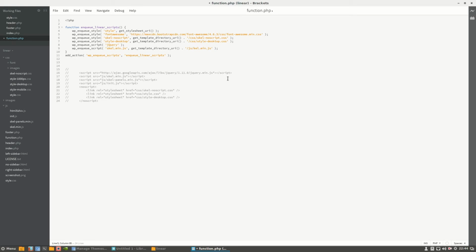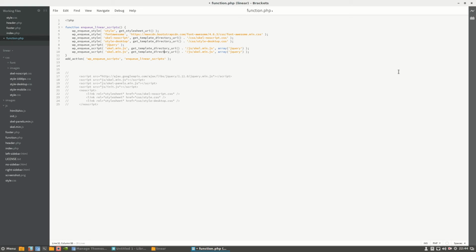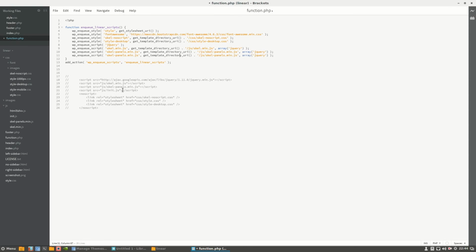If you're losing me, don't worry. We'll go back and recap this because it is very much cut and paste, cut and paste, cut and paste. And from there, we want to make sure we're loading it as an array, and we make sure we are loading it as jQuery. Okay, let's duplicate that line, and now we want the next one, which is the scalepanels.min.js. We want to duplicate that, and we want